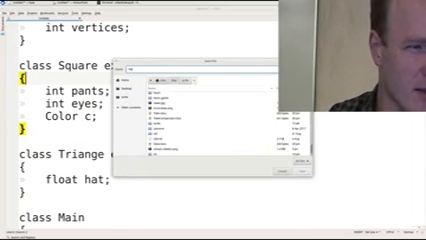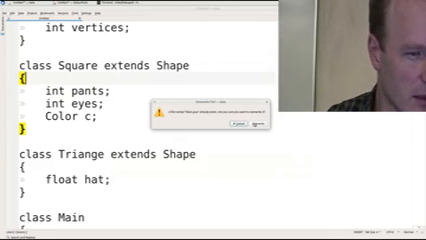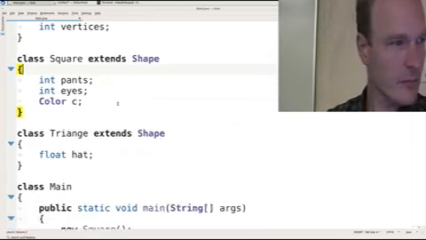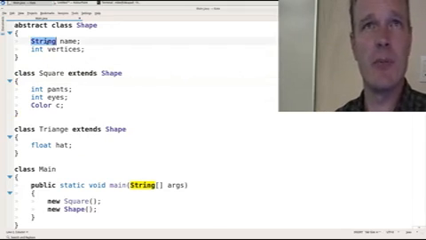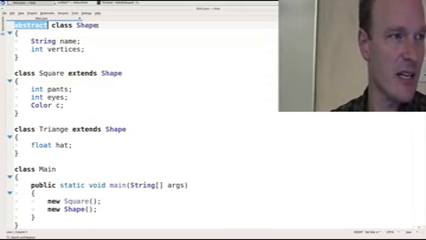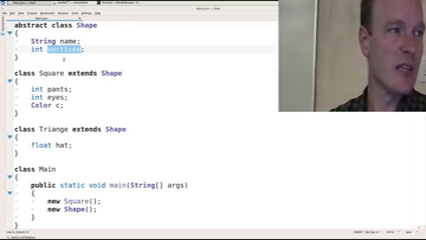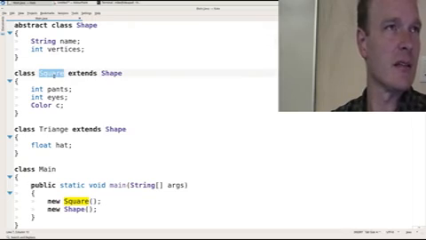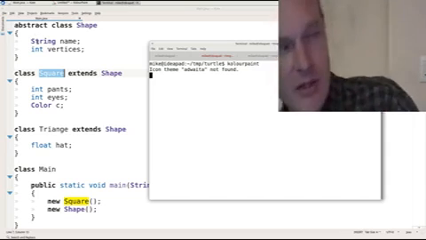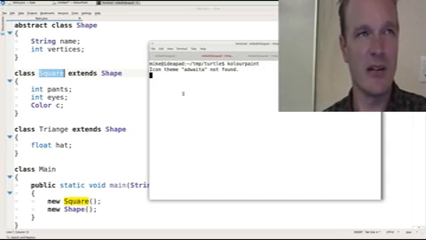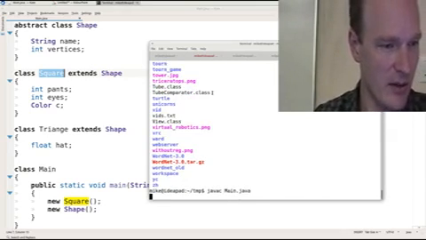Do the member variables of shape, are they abstract because they're in an abstract class, or do they need to be declared as abstract? They are not abstract, but because they're in an abstract class, you can't instantiate this class. If you instantiate a square, there really is a name and a vertices in the square object. So is there any need to make things in an abstract class abstract? Not member variables. There will be a need to make methods in the abstract class abstract, and I'll talk about that next. Okay, so now javac main.java, and it's going to say